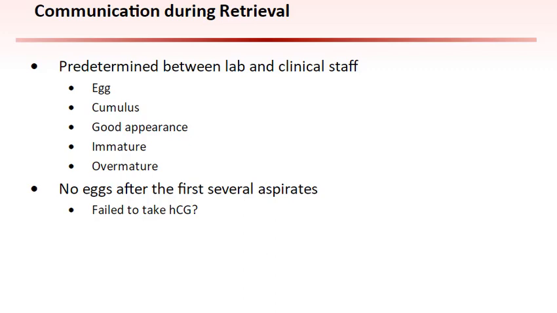Under some circumstances, it is appropriate to communicate the progress of oocyte identification during the procedure. If no oocytes are identified with the first several aspirates, it is possible that the retrieval could be halted. Occasionally, patients fail to administer the triggering injection of HCG or GnRH agonist, and the final maturation and ovulation are